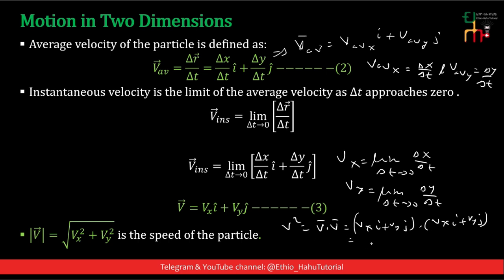Vx times Vx gives Vx square, since i dot i is 1, plus Vx times Vy, i dot j. Since i and j are orthogonal to each other, i dot j is 0. j dot i is also 0. Vy times Vy gives Vy square, since j dot j is 1. Therefore, V square is equal to Vx square plus Vy square, and the magnitude of velocity is simply the square root of Vx square plus Vy square, and this is the magnitude of the velocity or the speed